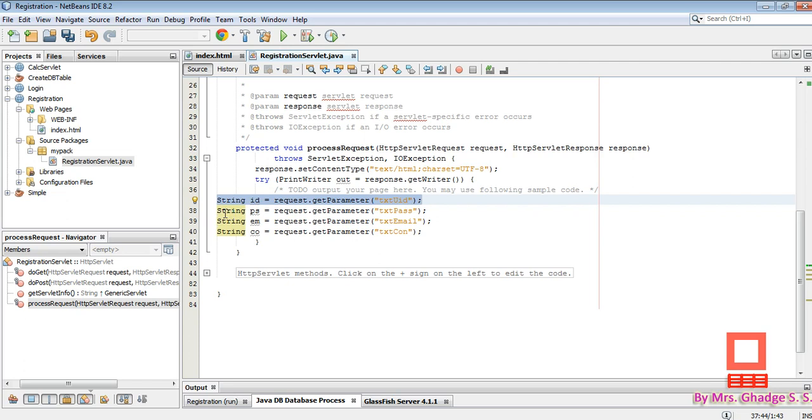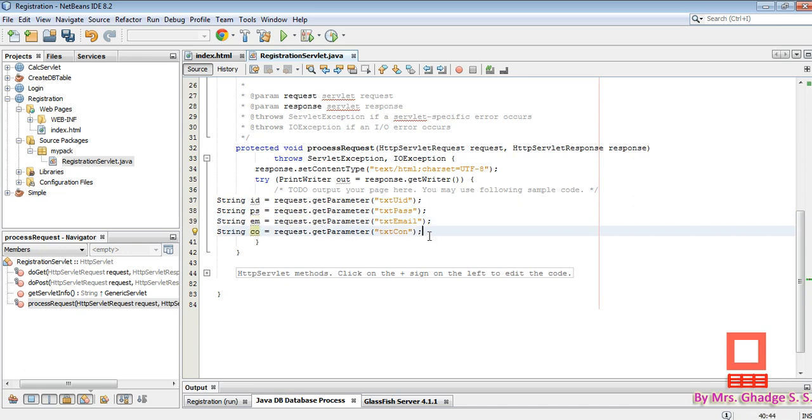Then next ps, that is password. We use the ps variable to store the password, and for that we are using again the same method, that is request dot get parameter, and here the parameter is txt pass, that is the name attribute of the text input tag. Then next is em variable, which will store email, and similarly co will store the country.